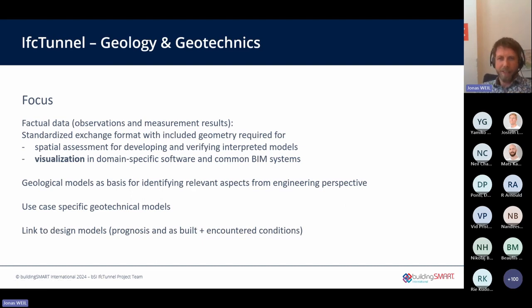We also agreed in this domain team that broader, more general geological models are a most important source for us when we develop a certain model for a certain design case. So we want to support geological models as well as very specific geotechnical design models. Another goal was to link the ground model to the building model, to use it to describe ground-building interactions, for prognosis, and as an import for design applications.